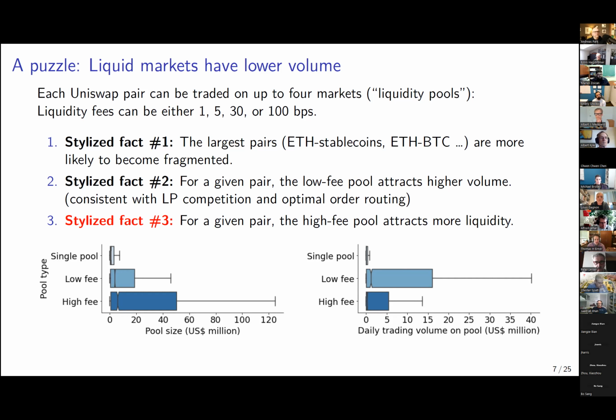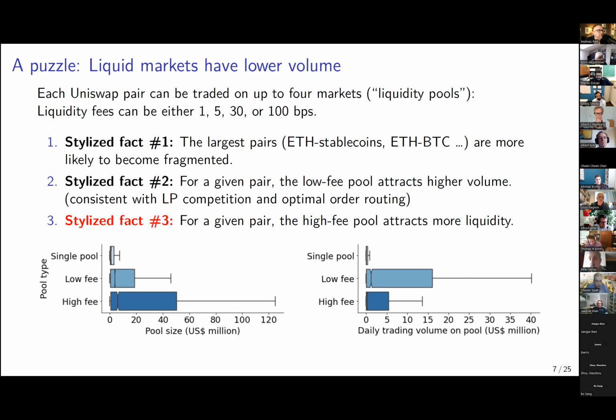low fee pool. What we find instead, and I think this is the puzzling fact, is that for a given pair, there's actually a larger stock of liquidity at any given time in the high fee pool. So you can think that the deeper market is not the market with the most volume. And we're wondering, why is this the case? Why do we have this difference, that one market has the liquidity and one market has the trading